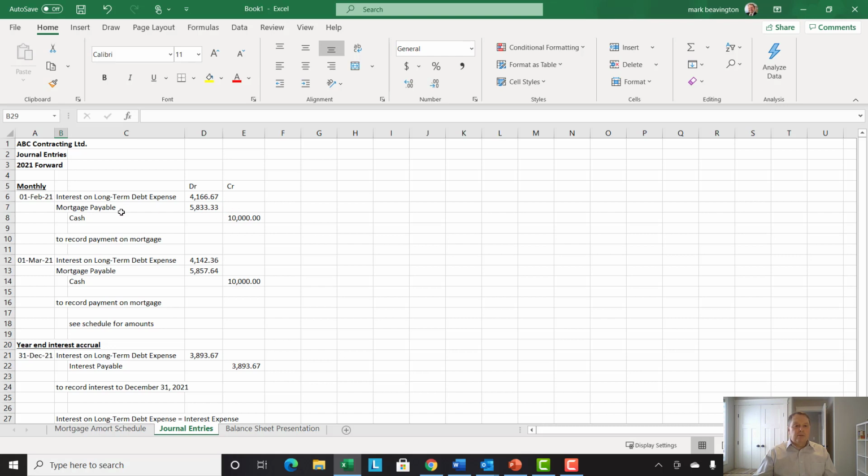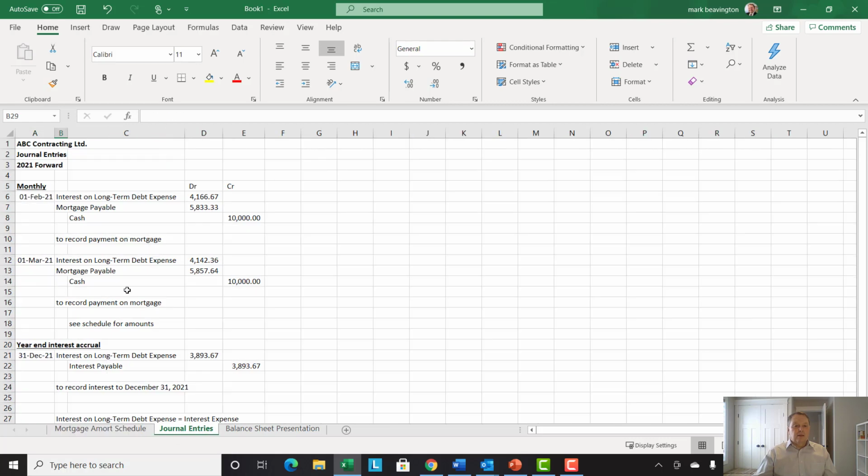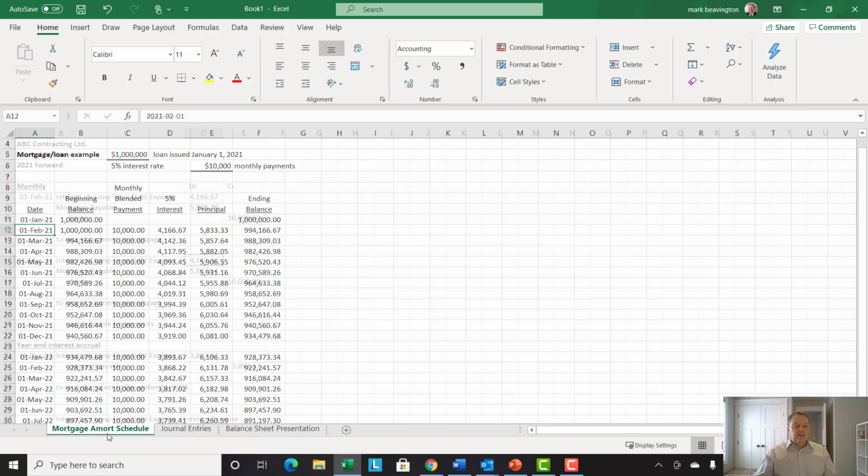We will reduce the payable, which normally has a credit balance, by $5,833. And when we do that, the balance will go down to $994,166.67. So that's the journal entry for February the 1st. You can see the March entry will be the March 1st entry for another payment of $10,000. We'll have interest of $4,142.36, and that's coming right from the interest amount from our